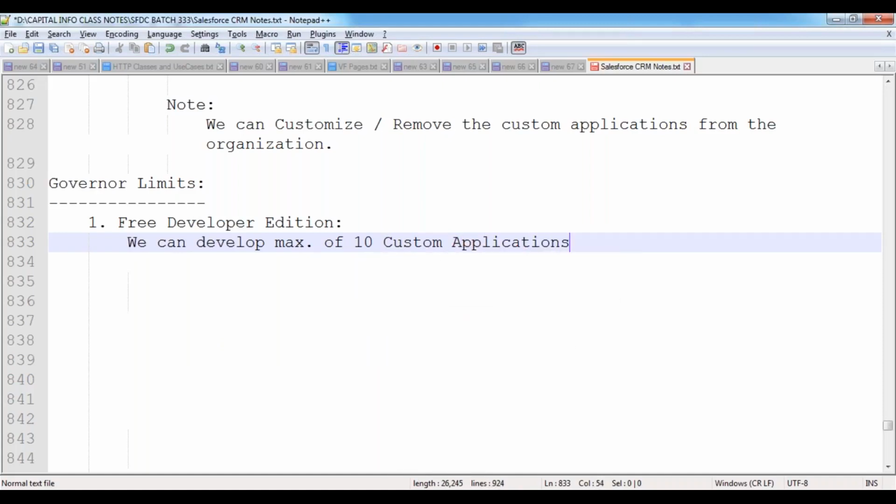We can develop a maximum of 10 custom applications in the free developer edition. That means whatever account we are using right now is a free developer account, and in that one we can create 10 custom applications.